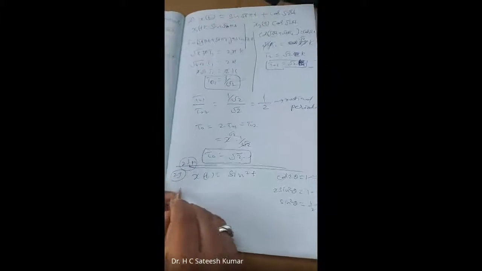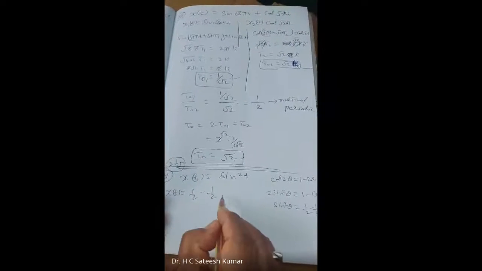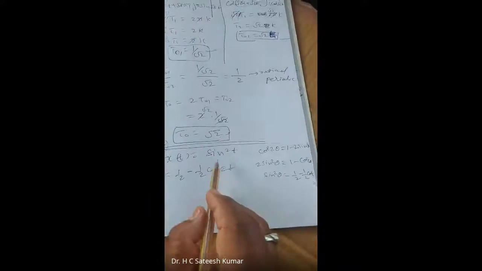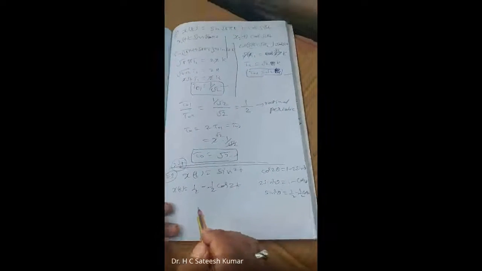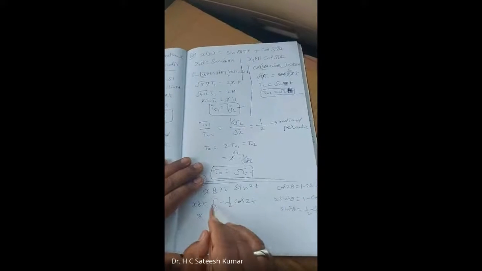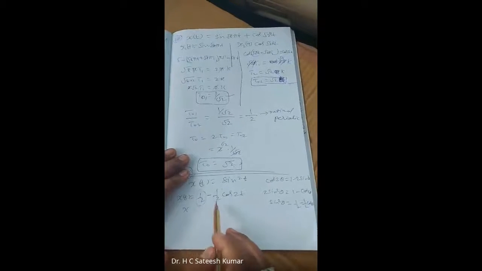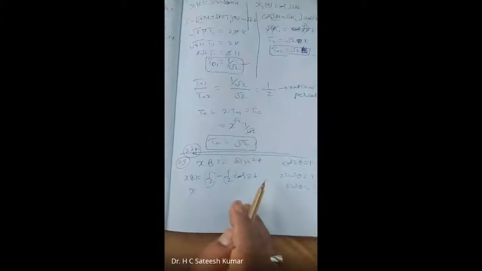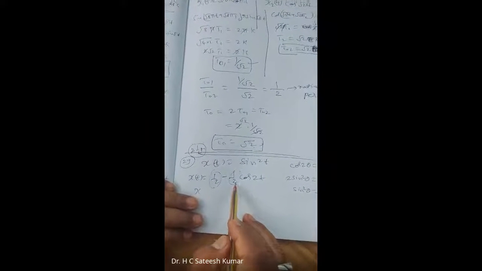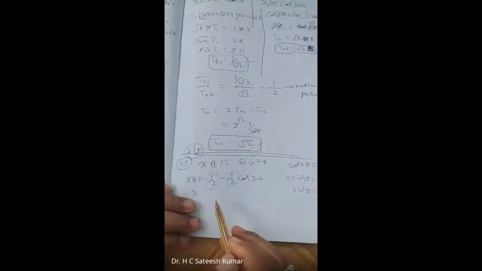Okay, right. Therefore, what you can write is x of t is equal to 1 by 2 minus 1 by 2 cos 2t. The individual terms are always periodic. Only DC is added, and amplitude scaling is there. DC will not affect the periodicity of the signal, we know. And the minus sign is there, which is 180 degrees out of phase. That will also not affect the periodicity of the signal.